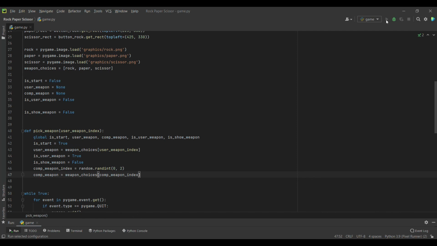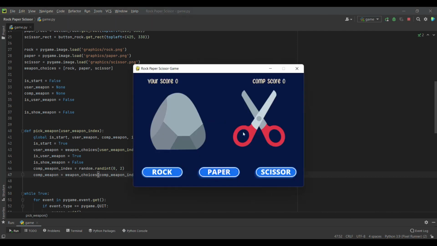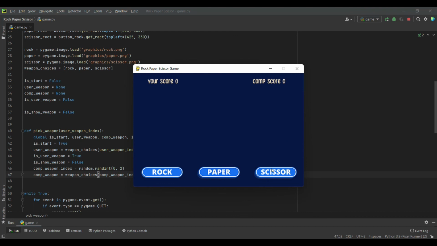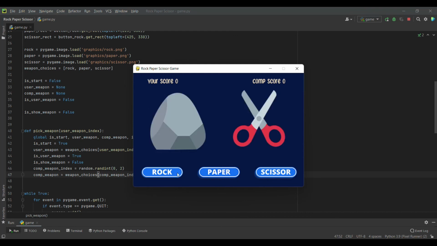Yeah, I think we see the blink effect. Again we are seeing the blink effect. So that was it for this video, and in the next video we will check who is the winner and